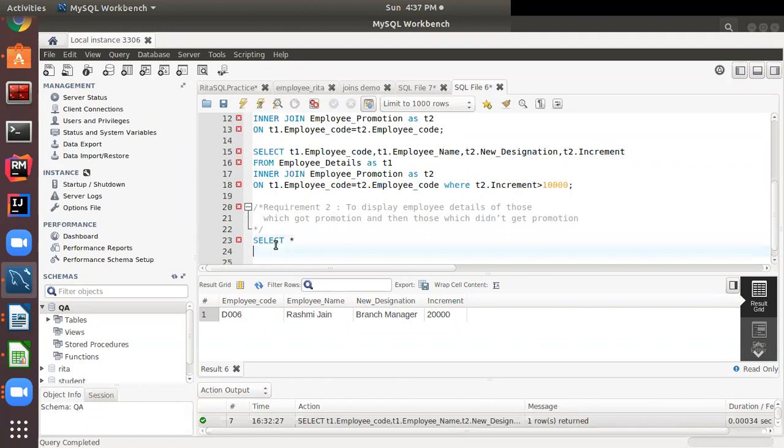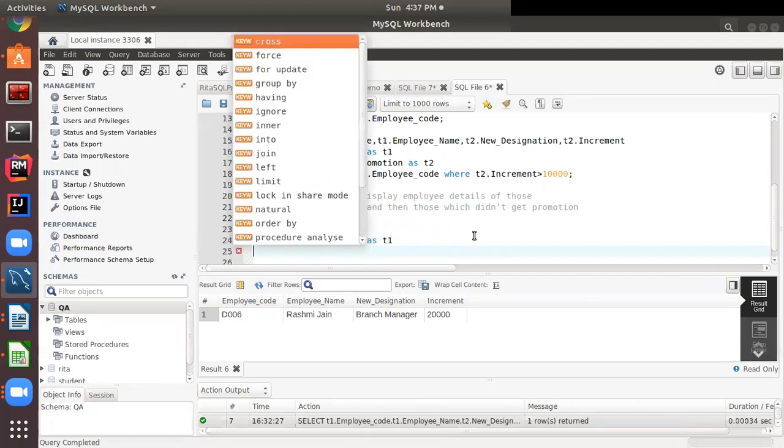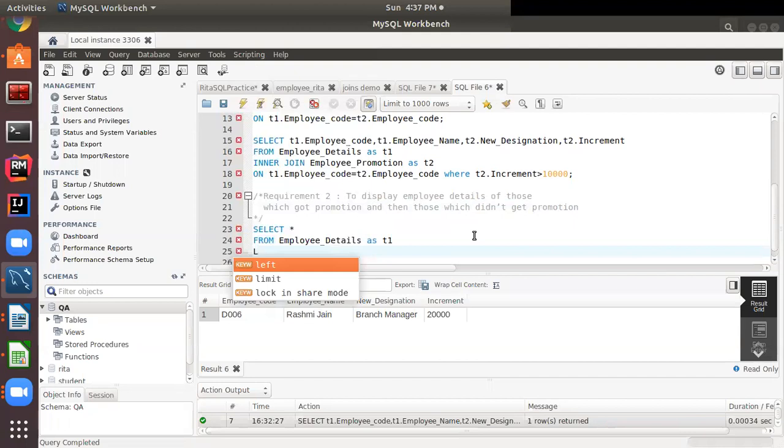We can write it like this, but it is easier to understand if you write it like this. Select star from table 1. What is table 1? Employee details, and we are giving it the short name T1. Then this time, instead of the inner join keyword, we will use the left join keyword.